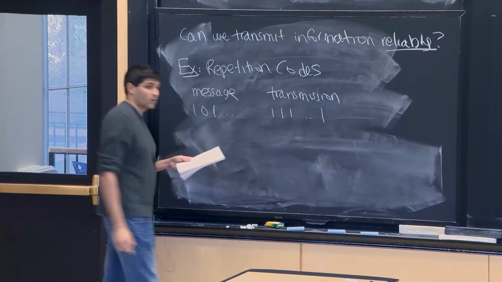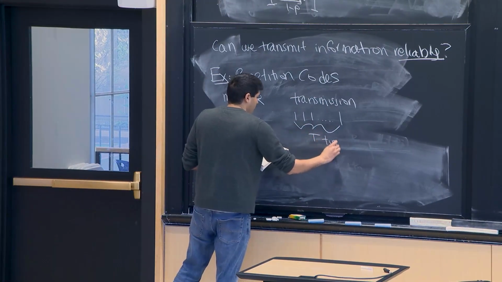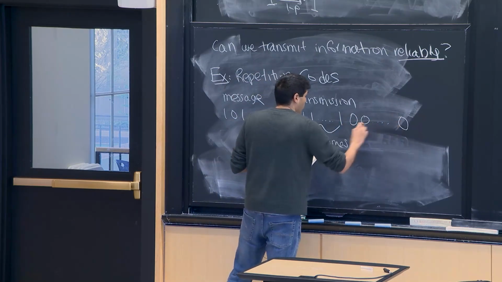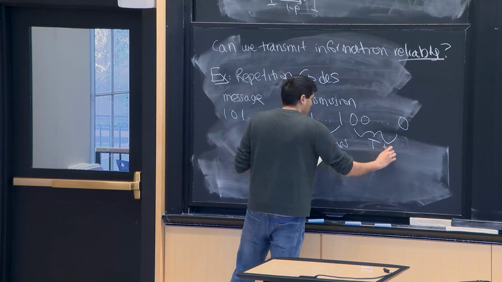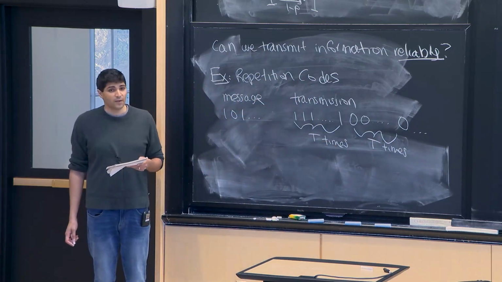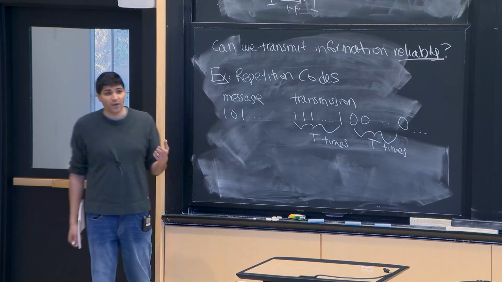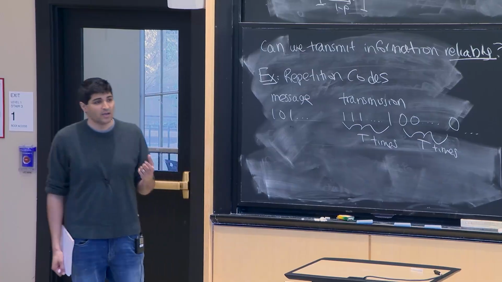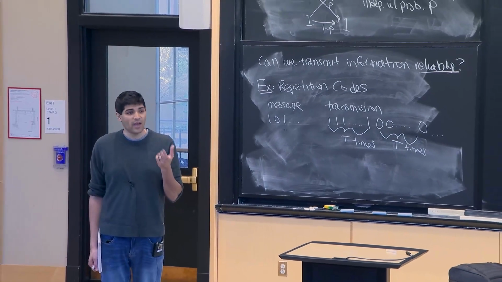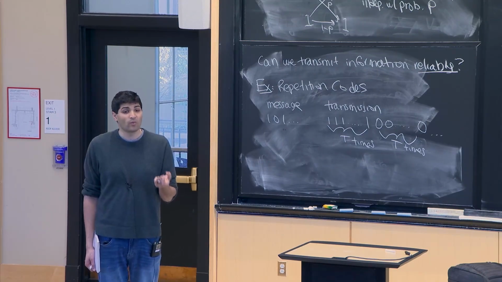So I'll take my first bit, which is a 1, and I'm going to repeat it t times. And I'll do the same thing for my next bit. That's a 0. I'm going to repeat it t times. And I'll do the same thing for all of the bits in my original message. So now you can see that already the way that I'm combating the fact that the channel is introducing errors is that I'm increasing the length of my transmission. I'm padding it with extra information in such a way that hopefully I can detect and correct whatever errors the